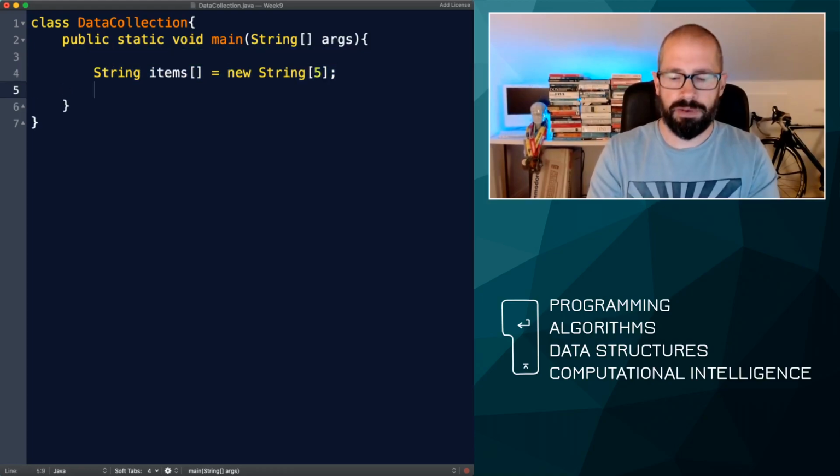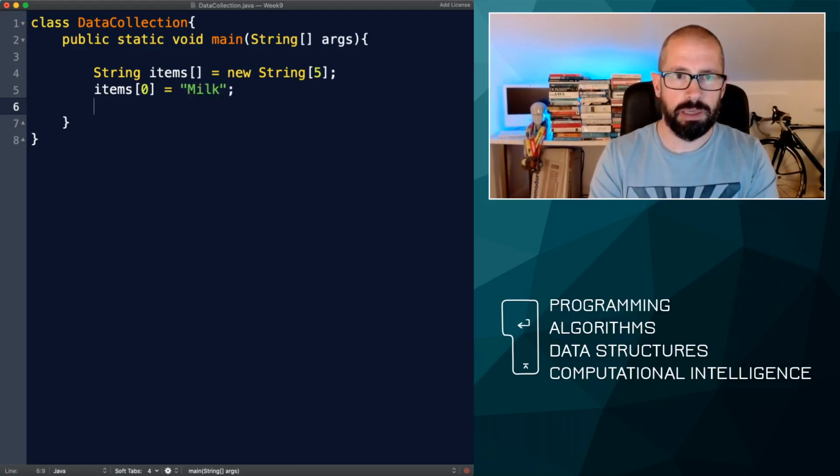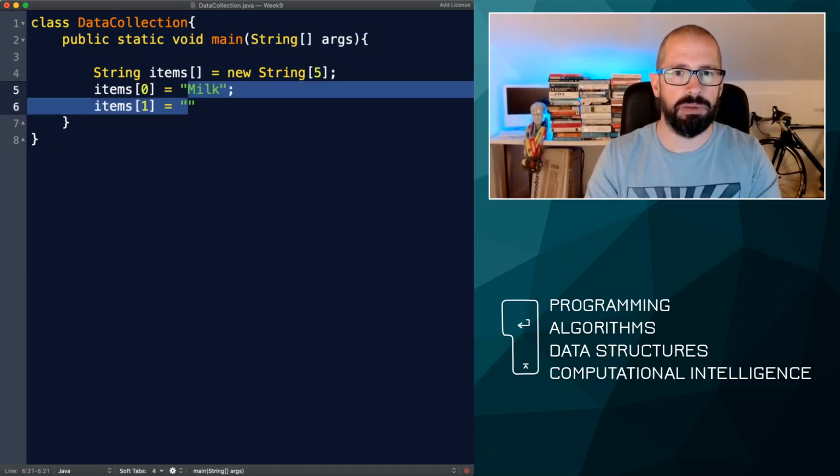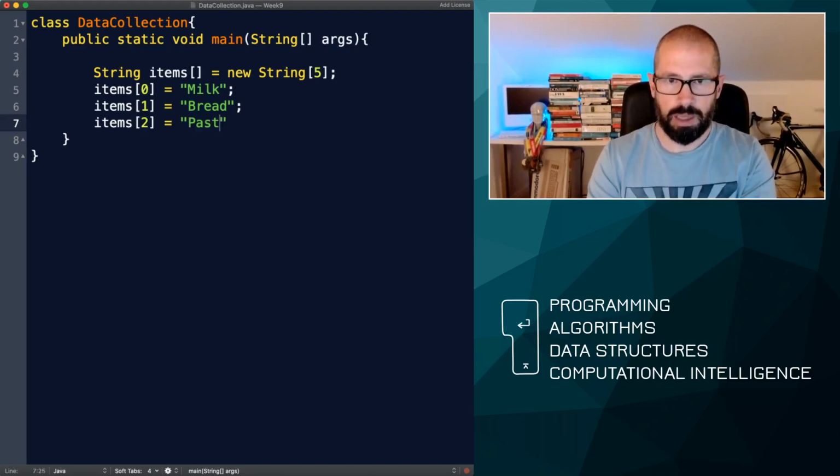Then I'd have to say something like items[0] equals milk, and then items[1] is, let's say we might need some bread. Oh, I just got rid of my other items, so I didn't want to do that. Items[1] is bread. Items[2], let's say, could be pasta,